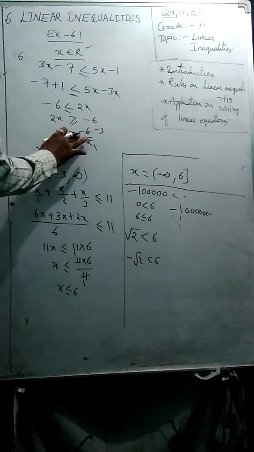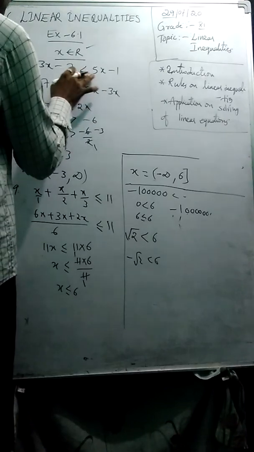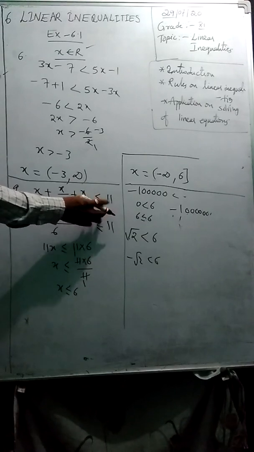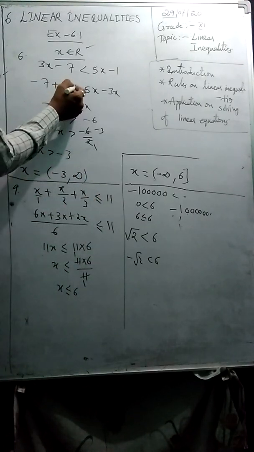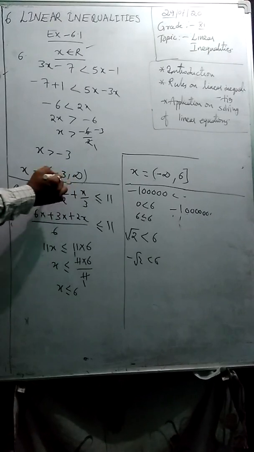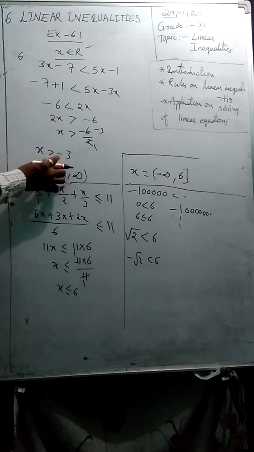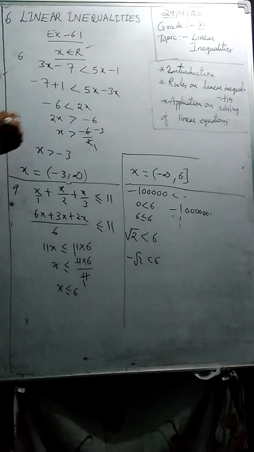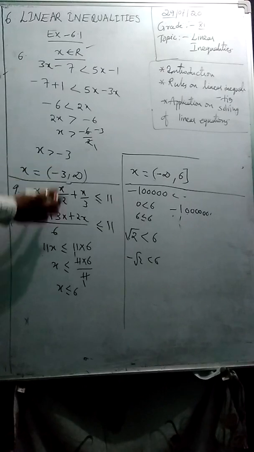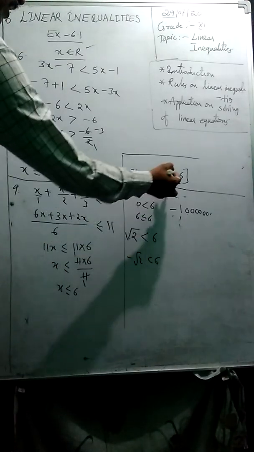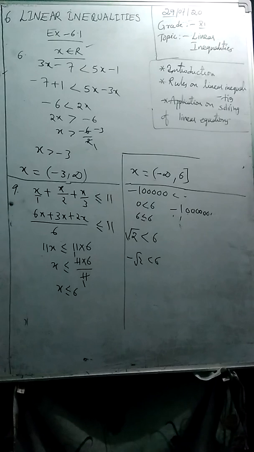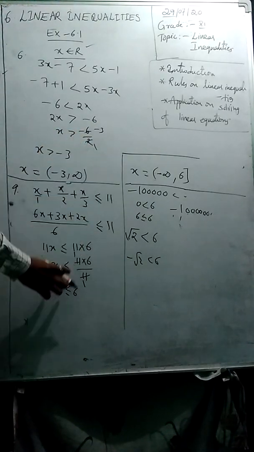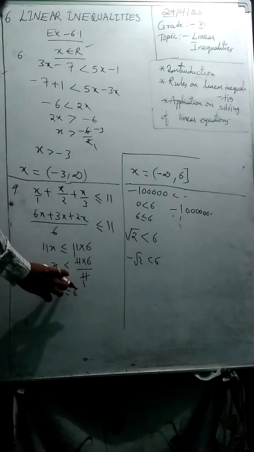Sorry, it is another problem. So now we solve it, but we took less than or equal, that is why it is included. But here only less than is there, that is why it is not included. We have only less than or greater than, that is why it is not included. In this case, we have less than or equal, so that is included. So this is the way to solve. We should keep in mind whether we have only greater than or greater than or equal, less than or equal.